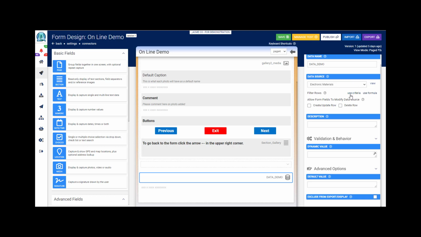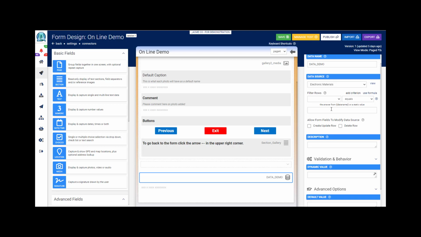Now if I was to select use criteria, we get two drop down boxes. In the drop down menu we're going to choose manufacturer. The next drop down in criteria is what you want to apply to the first drop down. They range from equals to contains to matches an expression. Let us select equals. The text box is where you enter the answer from a data name using curly brackets